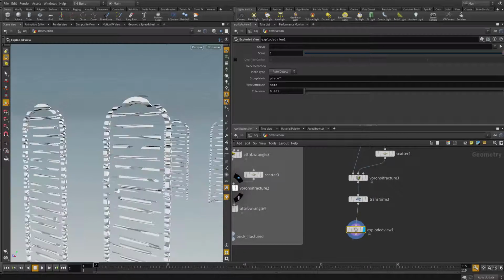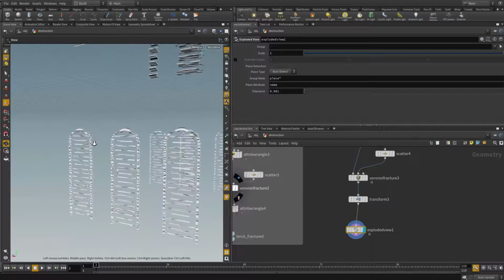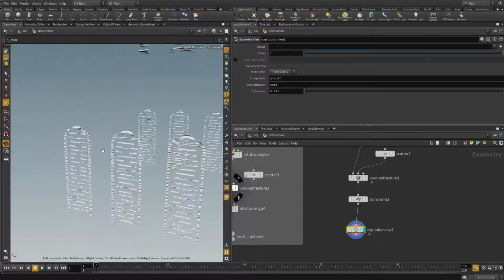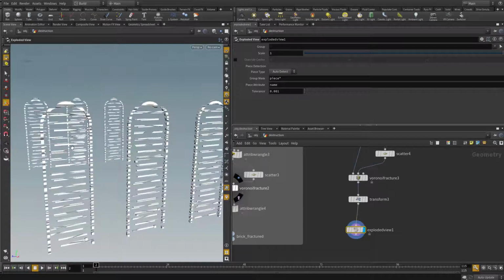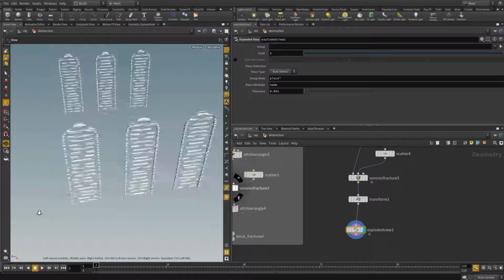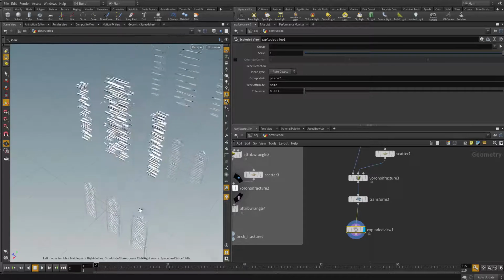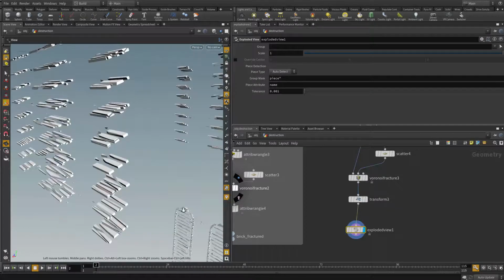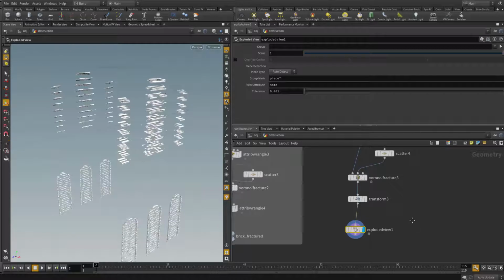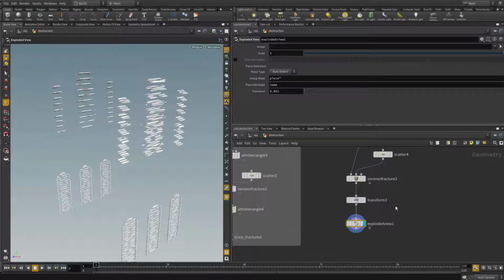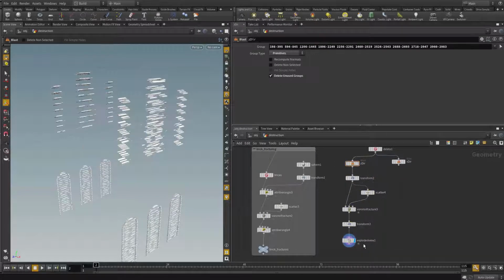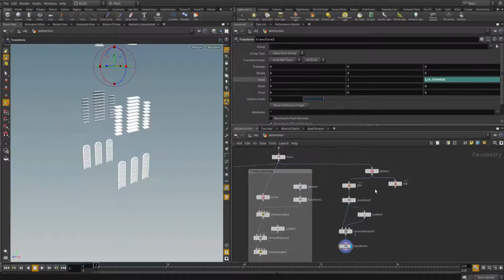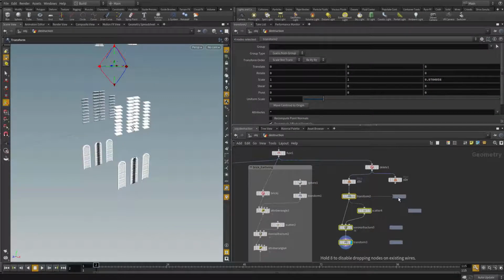Now for this guy, I'm not really worrying too much about it because if I do want to do that, I have to think about what's happening on this guy. It's not that easy to do. So as long as it has some part that is breaking correctly, I'm happy with it. Never try to do perfection because there's no perfection. There is only good enough, and you just have to make it good enough, meaning eye-pleasing and really telling the story. So I'm going to disable that explode view, grab these guys I created, alt drag to duplicate,